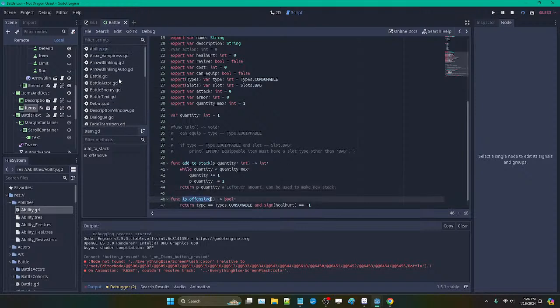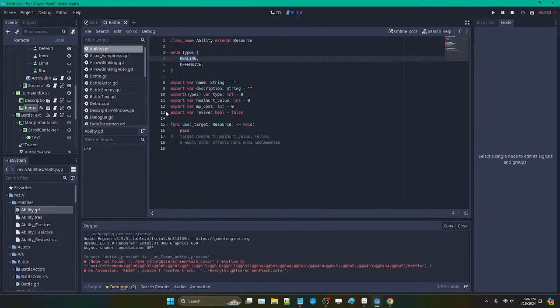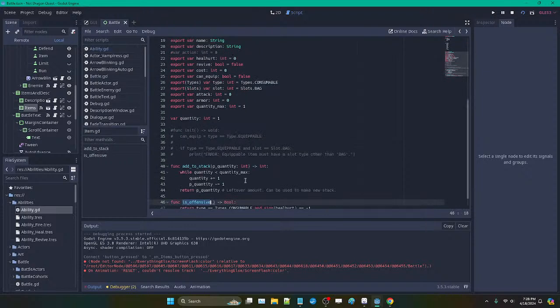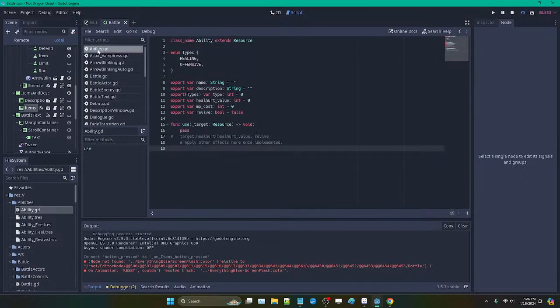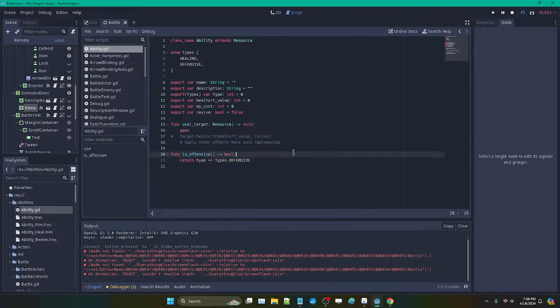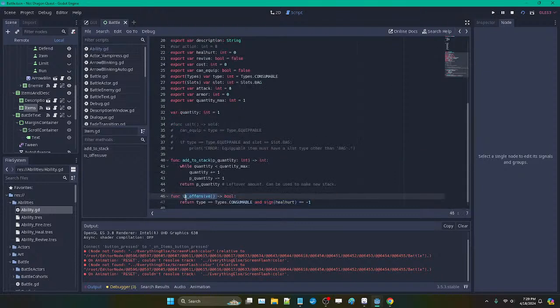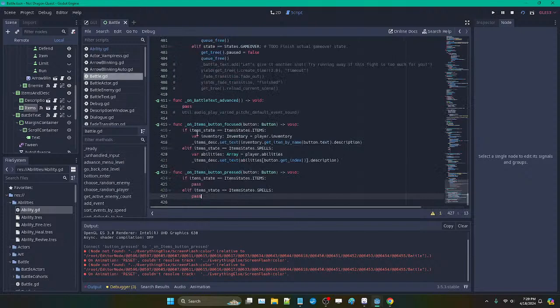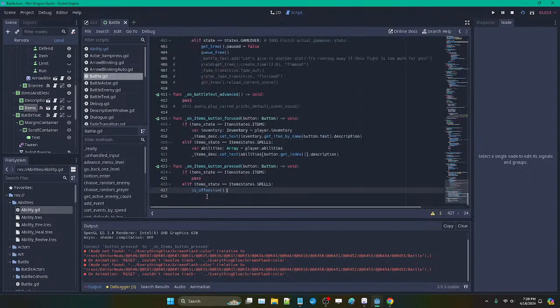And then ability, I think we're going to do the same function, just a little bit different. It's going to be type equals types offensive. And we don't even have to do that, right? Just do that. So, all right, go to battle, go back down here. And if, again, we have to do